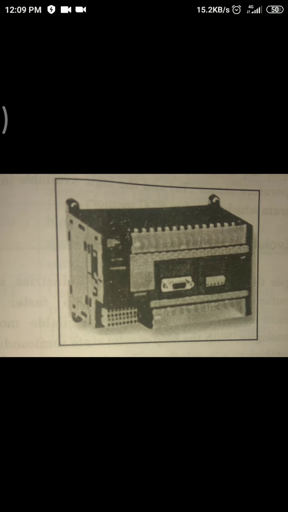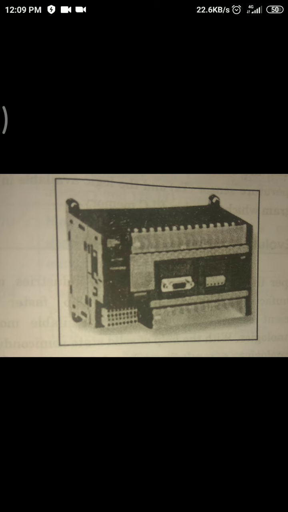PLC is used successfully to execute complicated control operations in the plant. A sequence of instructions is programmed by the user into the PLC memory, and when the program is executed, the controller operates a system to the correct operating specification as the program states. Whatever program the user is loading in the memory, according to that program, the PLC operates the system. That system is nothing but the system which you are using. On that system the PLC is fitted.